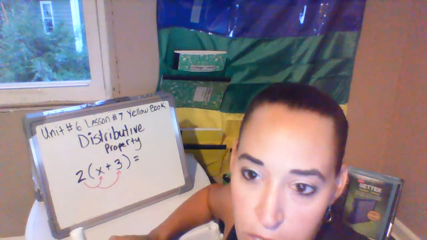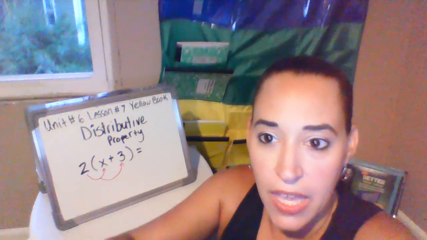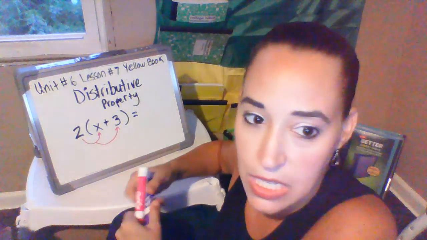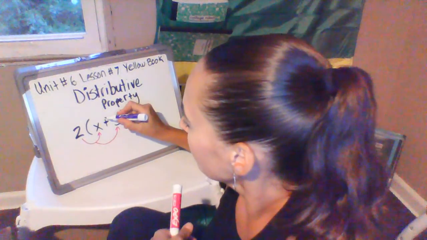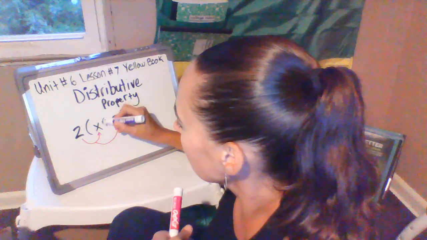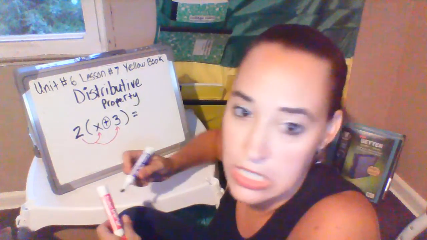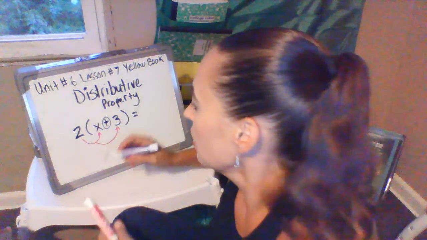You know it's a separate term if it's separated by an operation. So an operation is like a plus or minus sign. So if you see that plus or minus sign, then you know it's a separate term and you need to distribute it to both. So say it said,